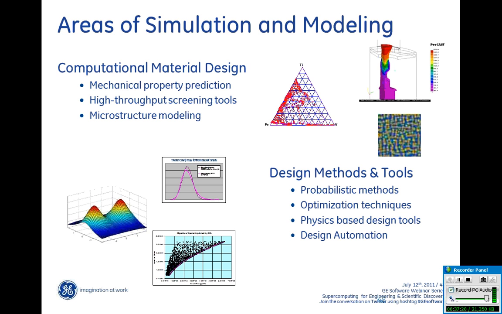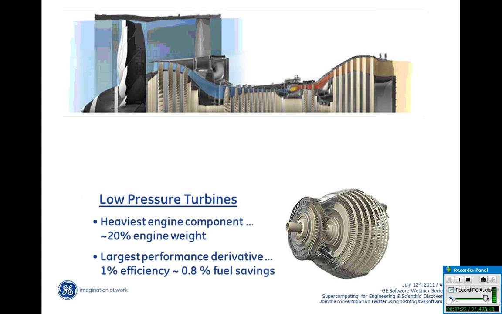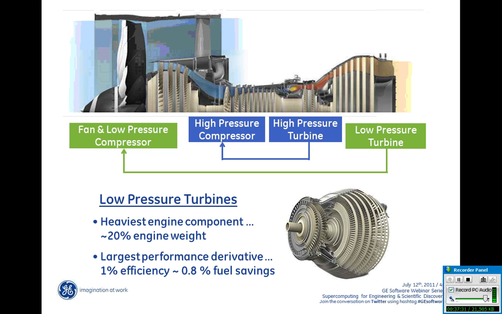The one I want to zero in on is the low pressure turbine. So if we look at a cutaway of an aircraft engine, which you see here, there's the high pressure part where the high pressure turbine is where the ignition happens, and as it spins, it's linked to the high pressure compressor, which pulls the final air into the high pressure turbine itself, where that ends up blasting out in the final stage is the low pressure turbine, which drives the fan at the front of it, which is the part that you see when you're